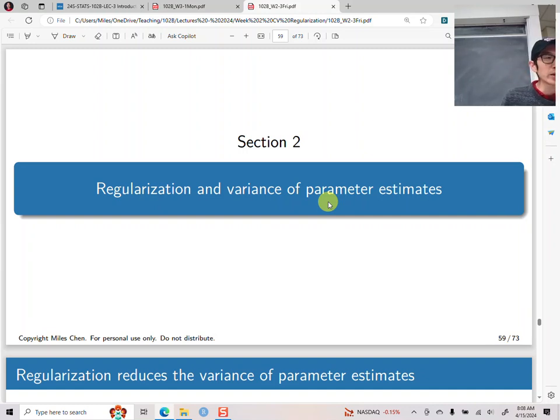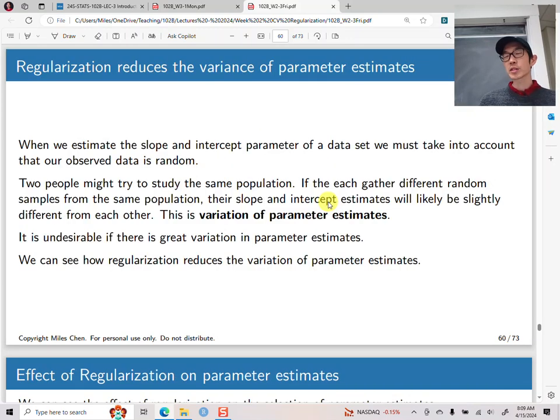One of the reasons we want to do regularization is because it helps us avoid overfitting. The mechanism by which it helps us avoid overfitting is that it reduces the variance of our parameter estimates. So whatever W we end up selecting, basically the slope that we use for our x1 or our x2 or whatever it is, we're reducing the amount of variance. And what do I mean by the amount of variance? Well,